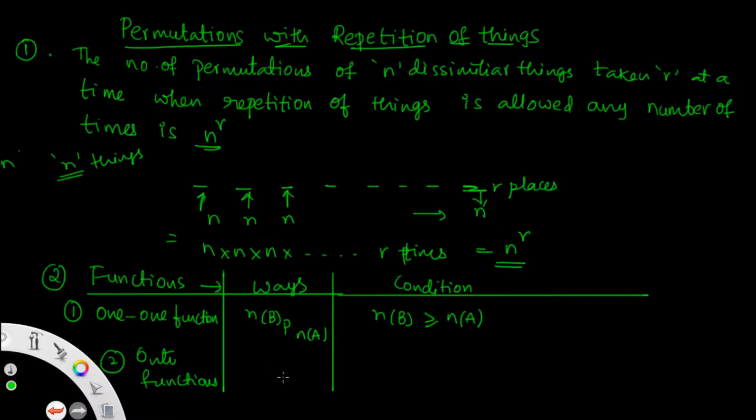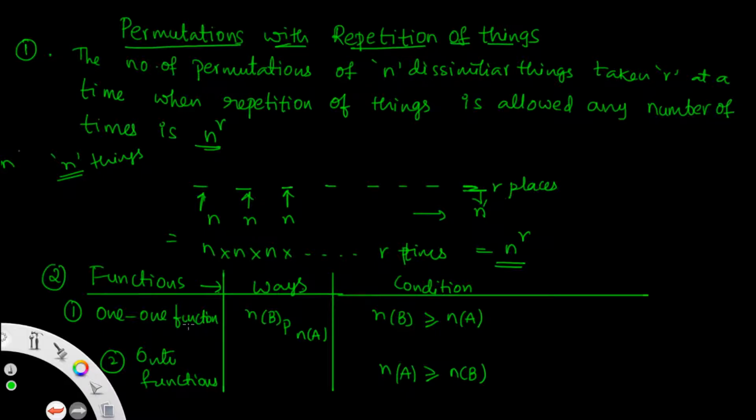So it is also possible from set A to set B if the condition is number of A elements is greater than or equal to number of B. Then only an onto function will be required. So this can be done in how many ways? It depends on the number of B elements. So I am taking it on the next page.